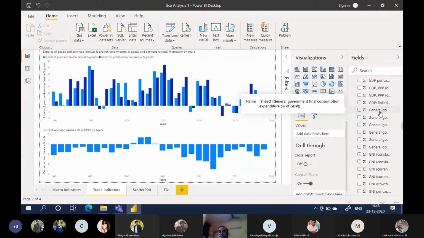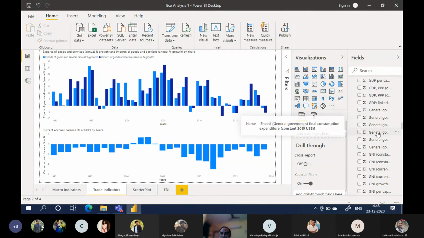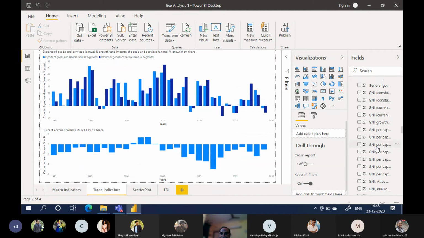This is actual percentage of GDP. So let us understand how the government is spending.